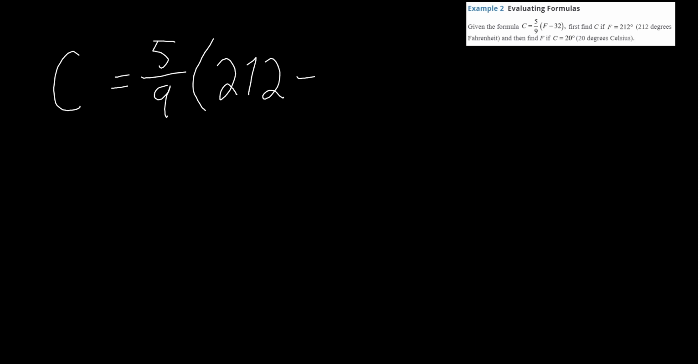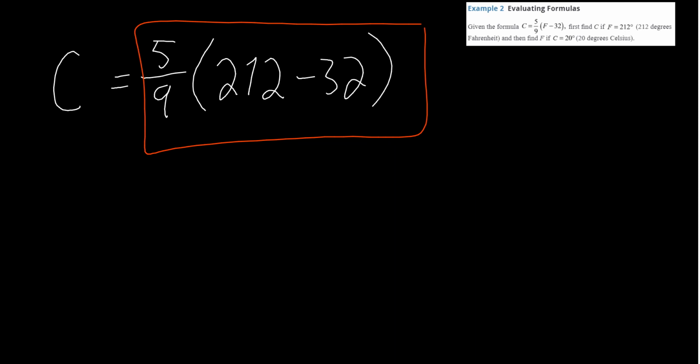Okay, so it says F is equal to 212. So all we have to do is plug in 212 for F. Okay, so let's write this out. So we've got C is equal to 5/9 times F. Okay, well F is 212, so 212 minus 32. Okay, and then notice how we have everything over here is just simply numbers. We just have to simply put this into the calculator, right? So 212 minus 32 is 180, and then 180 times 5/9 is going to be equal to